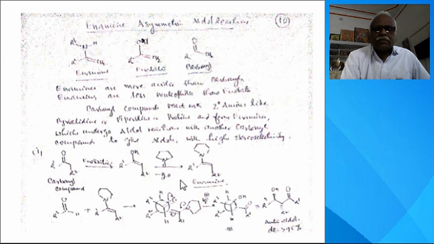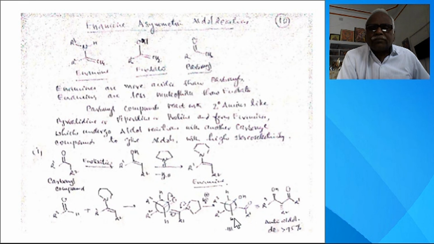So here I gave you this structure. This is the transition state, this is the double bond. Here what happens? Steric interaction is minimum here. So here the lone pair will sit here, the double bond sits here, O becomes O minus, O becomes OH. So ultimately I am writing the structure of the product. This is OH. On hydrolysis, this double bond is broken. This becomes C double bond O.